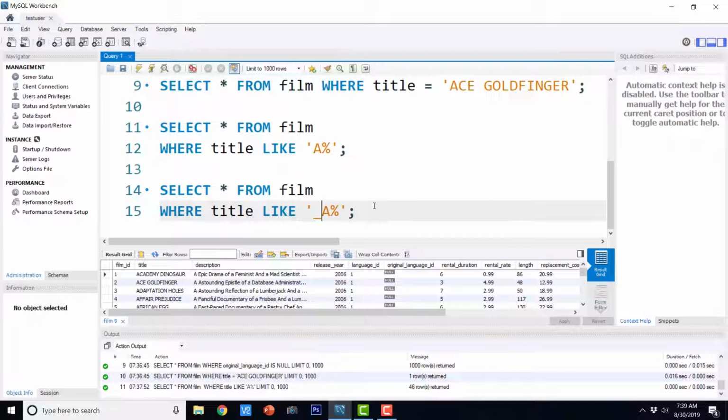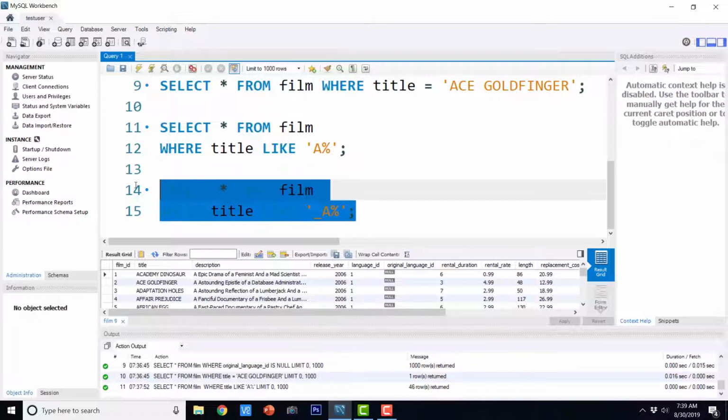I guess an empty string will not be returned if there is any. Suppose any title has an empty string, which is not a possibility here because this is the database for movies, but in case there is an empty string, it will not match this criteria, and all the strings that do not have capital A as the second character will not be returned. So let's go ahead and execute it.